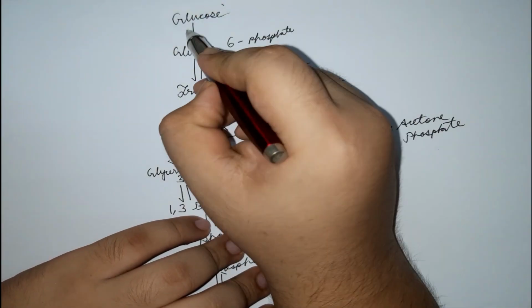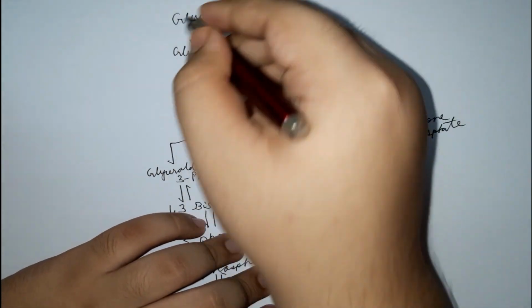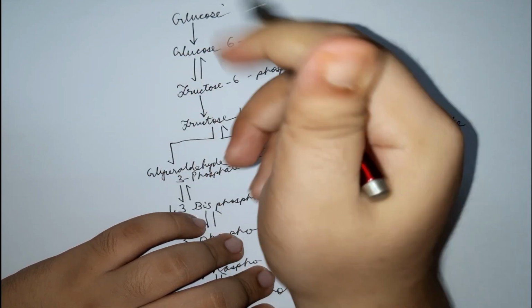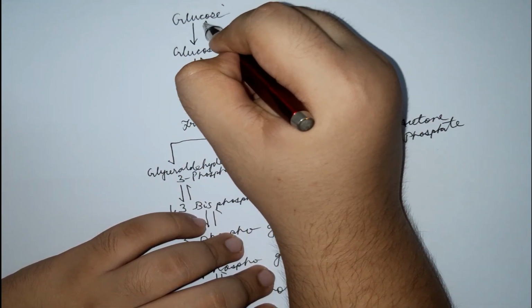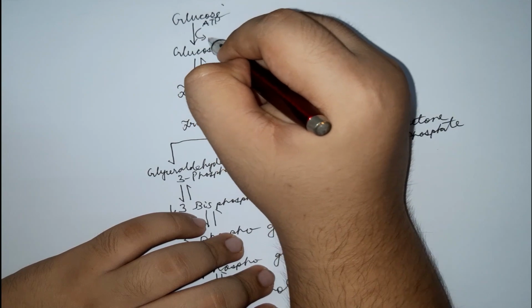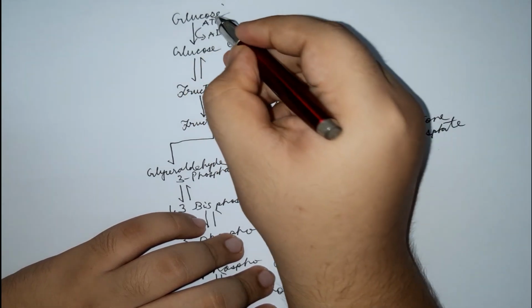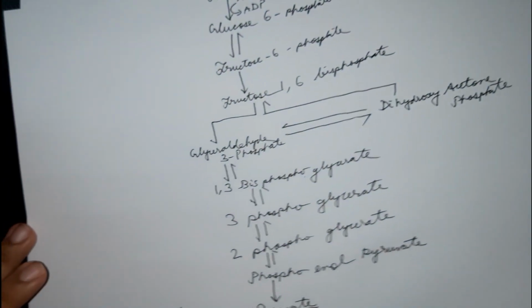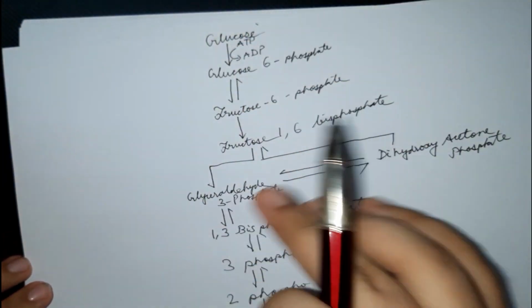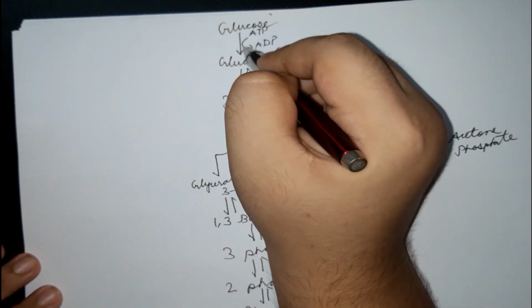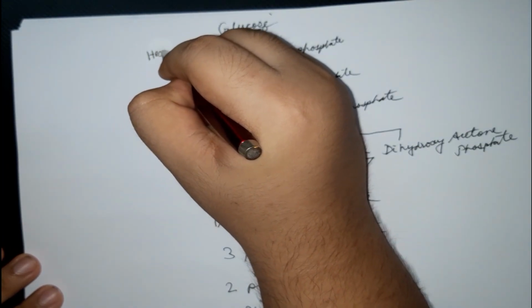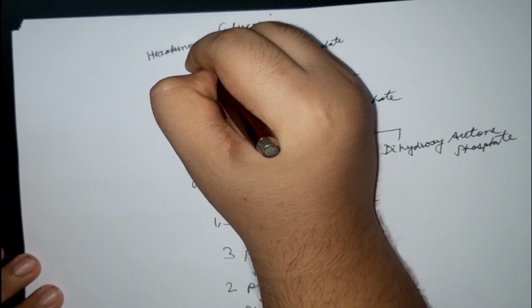So the first reaction, glucose to glucose 6-phosphate, is getting a phosphate, right? It was glucose, then suddenly there is a phosphate. Where is the phosphate coming from? Yes, it is coming from ATP. So the first step will require ATP to ADP, right? What is the name of the enzyme which is facilitating? The name of the enzyme is, now this is important, and we'll talk about this in the next discussion. The enzyme which facilitates glucose to glucose 6-phosphate is a hexokinase